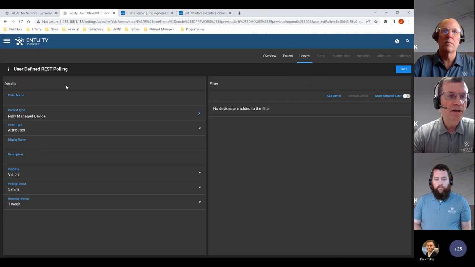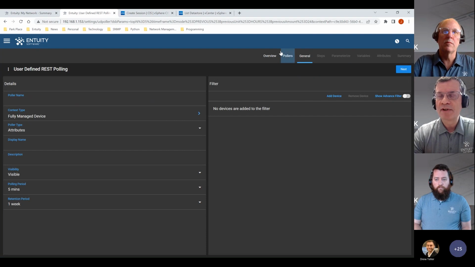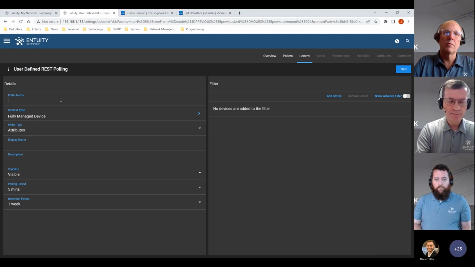I'm going to create the poller, and all the sections that we're moving through here are controlled via tabs in the UI. We're going to be going from left to right in general terms. And I say that because there are some caveats to that, and I'm going to point those out in detail when we get there. So to begin with, top level information, we're going to need to give this poller a name. How about vCenter